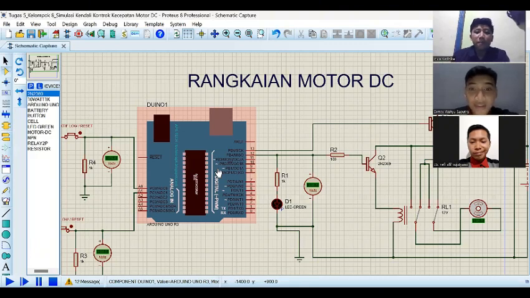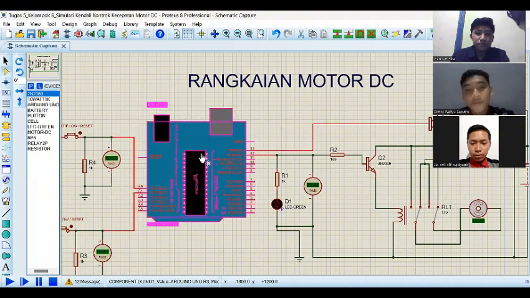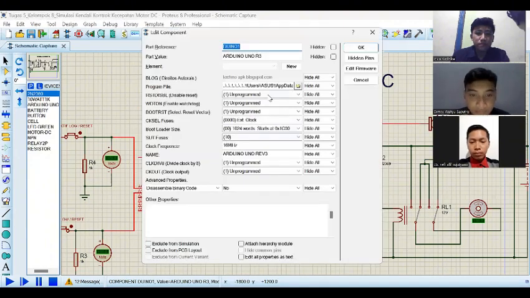Next, after the coding results are complete, we input the coding result into Arduino.